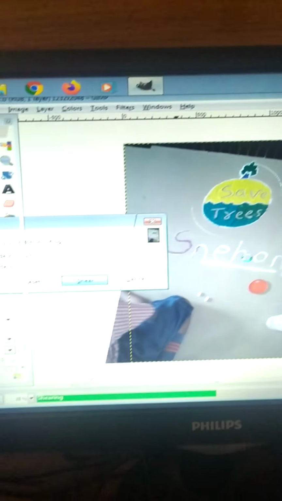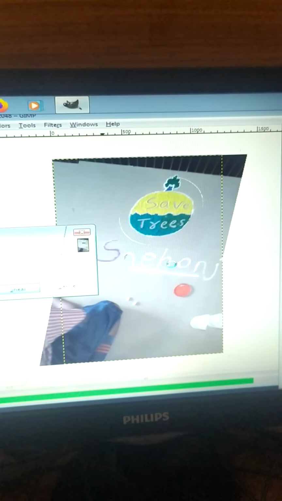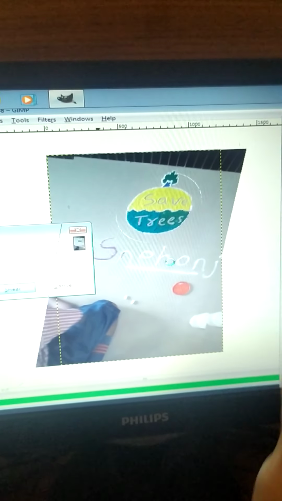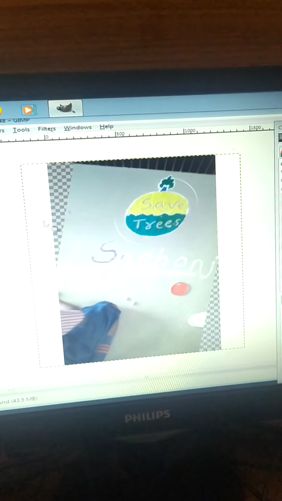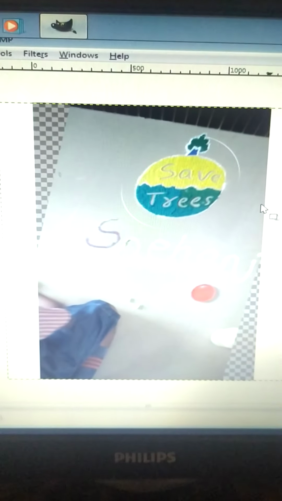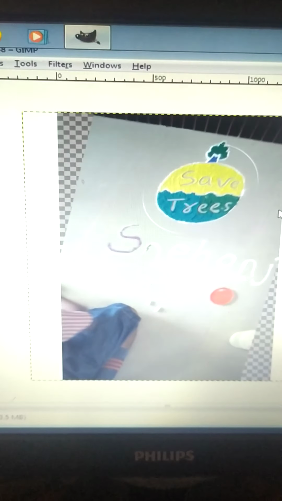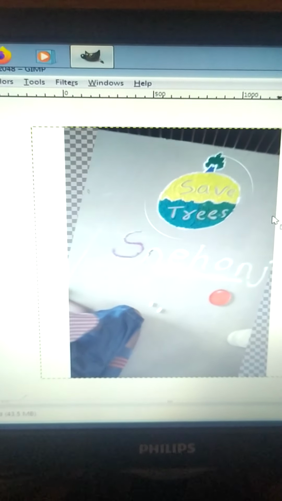Can you see this? The image, it is a bit flipped like this. This is the use of share tool. See over here, it has become a bit crossed, right? So this is the share tool.